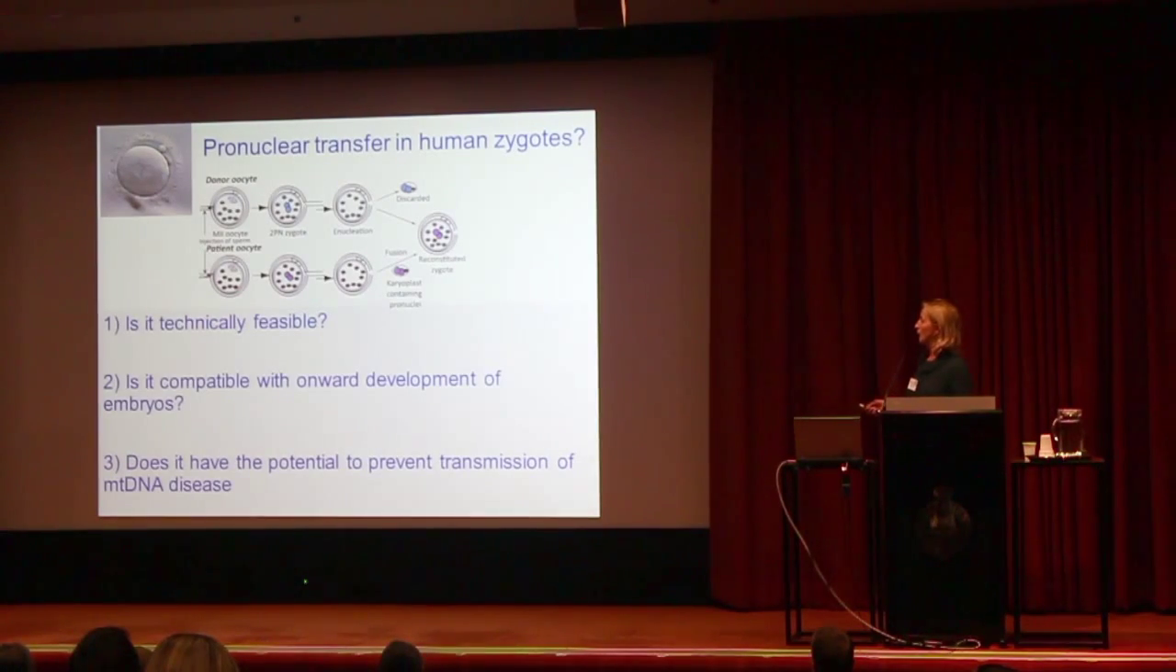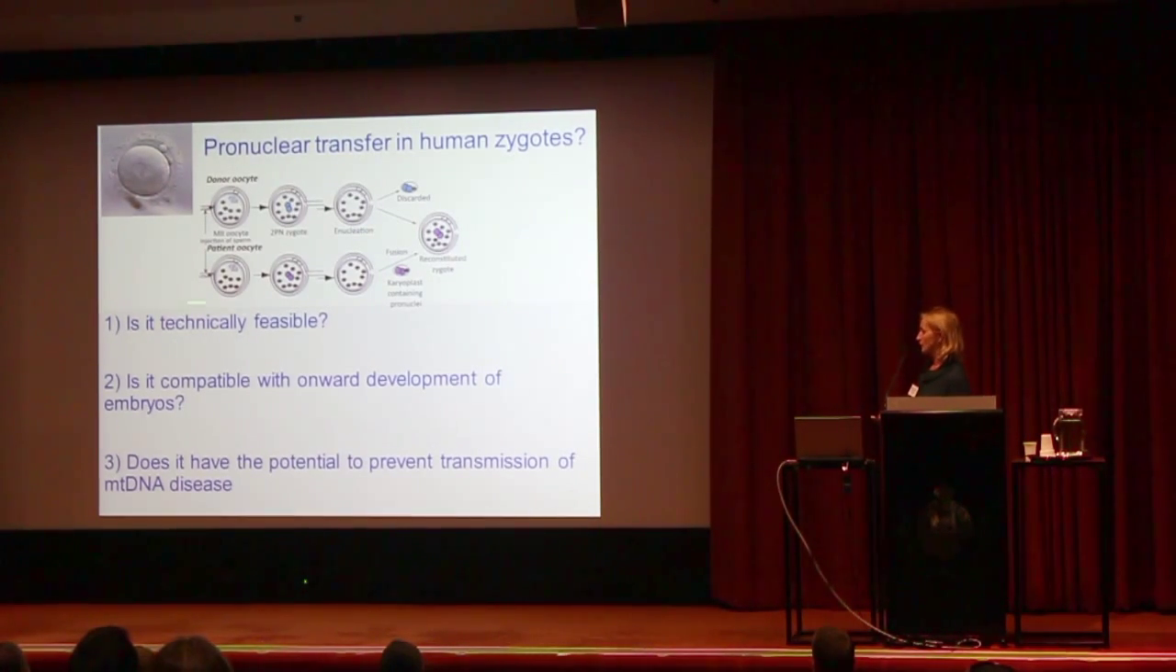So our research questions when we started doing this work, we were asking, is it feasible in the human? So is it technically feasible in humans? Is it compatible with onward development of embryos? Really, that means can embryos develop to the blastocyst stage where they could implant? And does it have the potential to prevent transmission of disease? And that really depends on